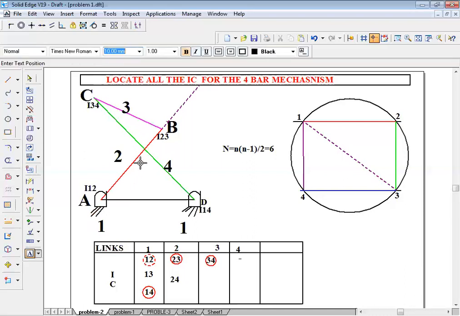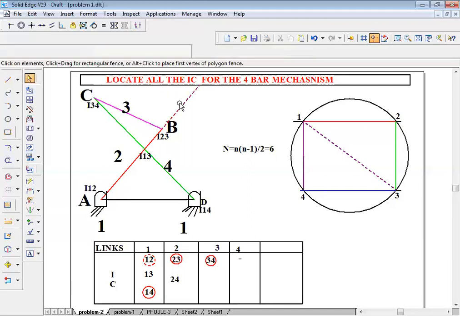Therefore, this intersection point I can locate as I13. Therefore, I don't need this line now, I'm going to delete it. See, I34 here, I14 here, and I12, I23, where both are meeting at this point. That intersection point is called I13.